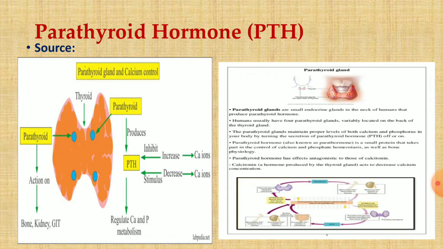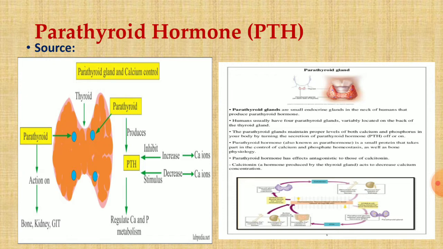And then again 6 additional amino acid residues are removed and pro-parathyroid hormone becomes the 84 amino acid containing parathyroid hormone. This is done by the Golgi apparatus. So from a larger molecule, gradually the slashing of different polypeptide portions is done, first at the level of endoplasmic reticulum, then at the level of Golgi apparatus, and ultimately the final form of parathyroid hormone is generated and it is released as the secretory product of the chief cells of the parathyroid glands.